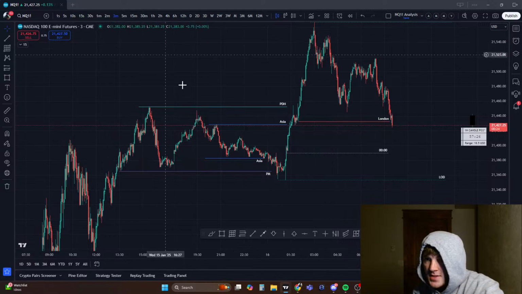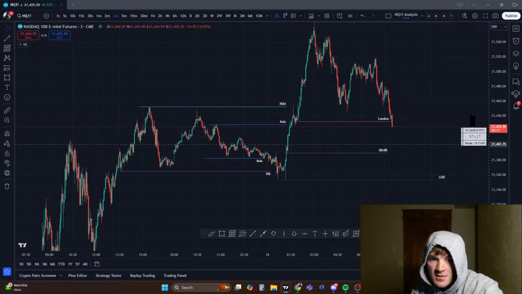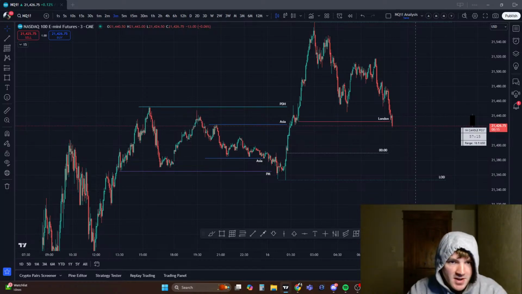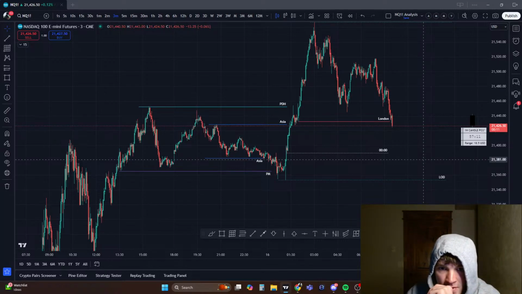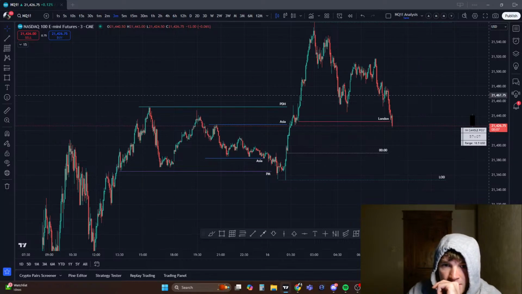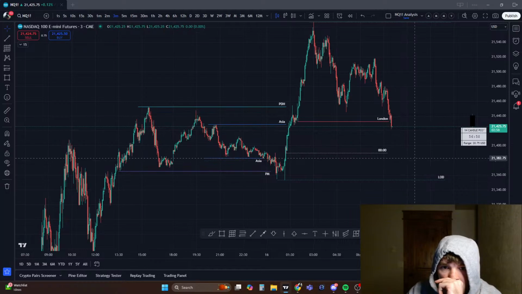Let's mark out. Let's see if we got any hourly key levels. I'm gonna look at this on my other chart. So let's do 4-hour levels and then hourly levels. You guys can't see my other screen right now, but I will draw them out as I see them. So 4-hour. There's a really thin 4-hour order block and volume imbalance right here.